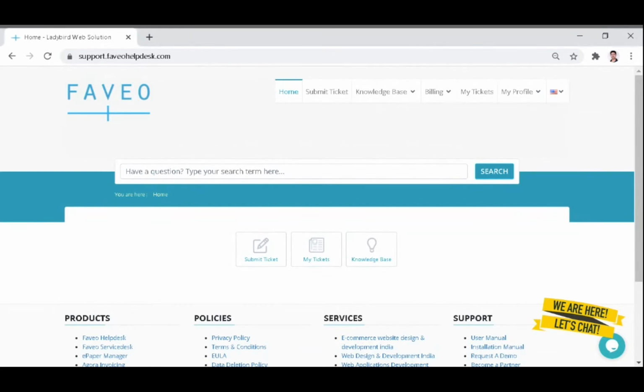Our Faveo help desk basically provides the business with an automated help desk system to manage customer support, and we have integrated with multiple platforms like Twitter, WhatsApp, Facebook, Active Directory, and Message 91. Talking about our features in Faveo, I'll go through each